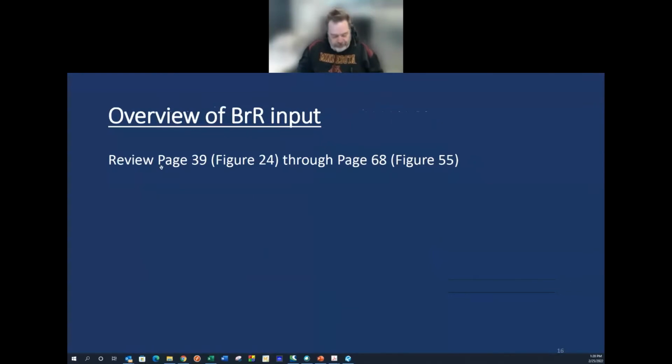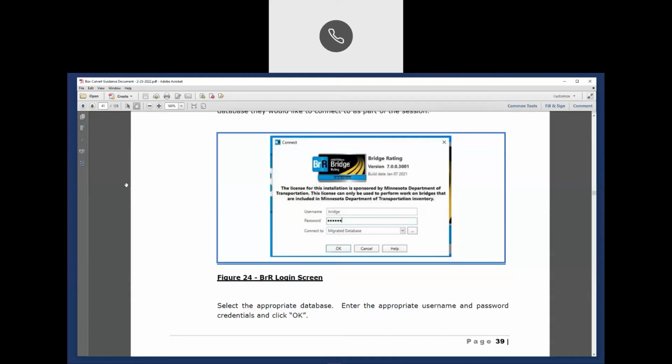So now what I'd like to do is step out of this a little bit. Let me stop sharing and come back in and go through some of the screens people will see inside BRR when they're doing a run. So let me see if I can share screen again. So hopefully,